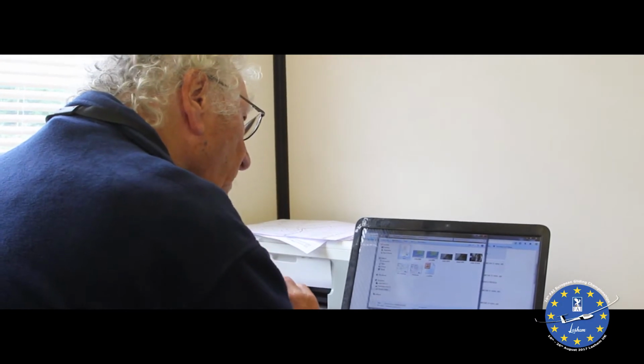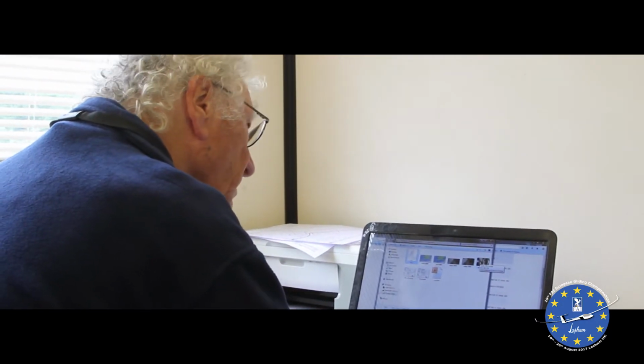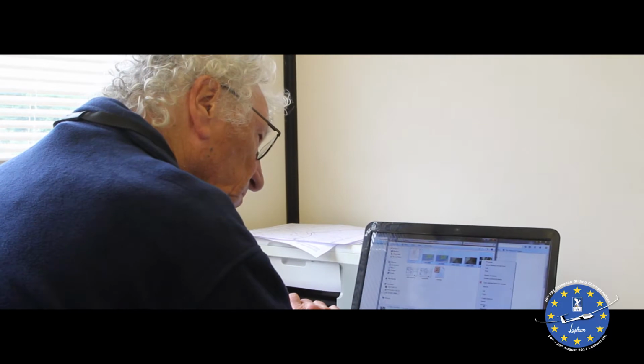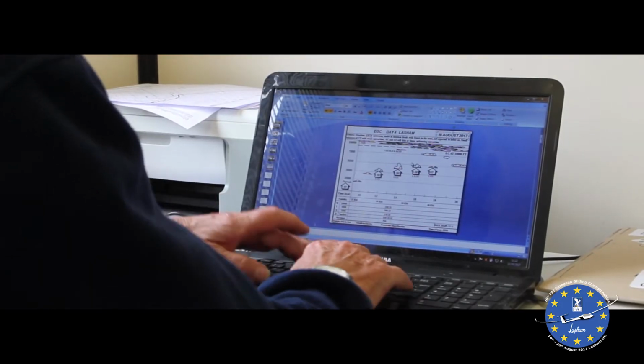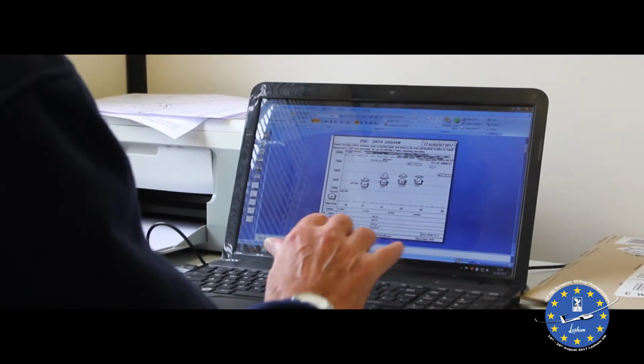I start the whole process off. I've got to do this in quite a lot of detail. I'm thinking about cloud bases, what sort of cloud, how strong the thermals are, and things like that. And then I collect all my information together. I make a cross-section of the weather, the day's weather, and eventually I would present that at the briefing for